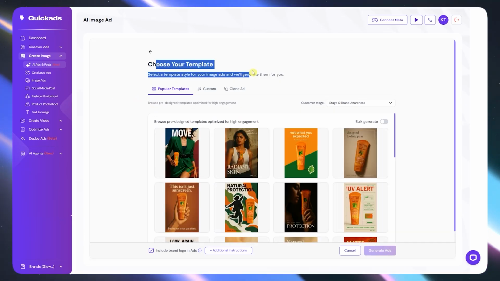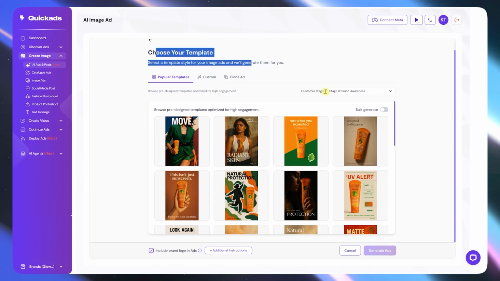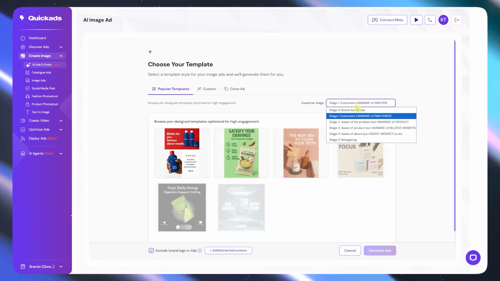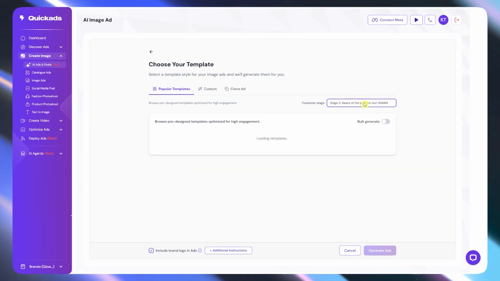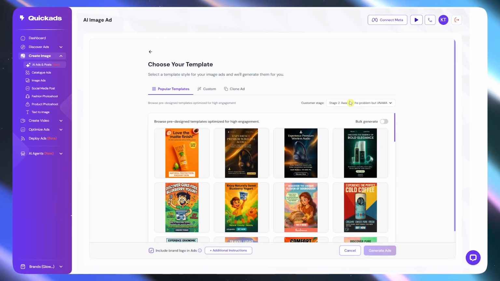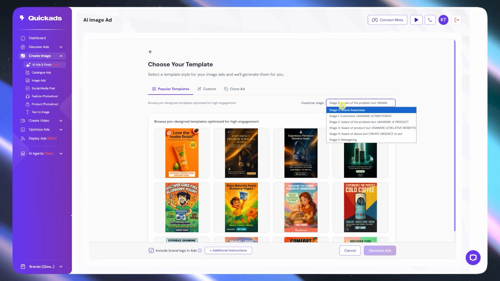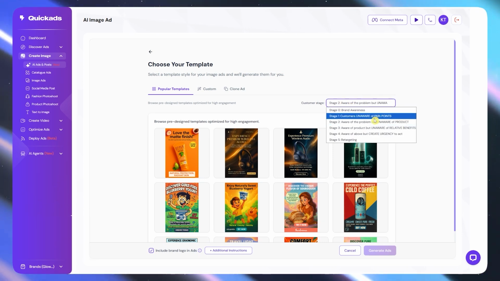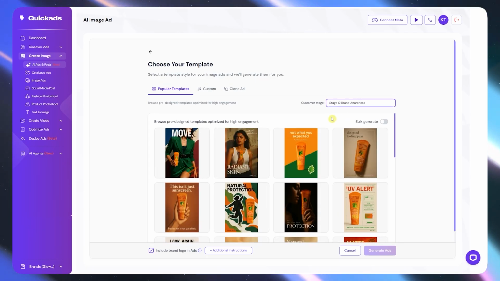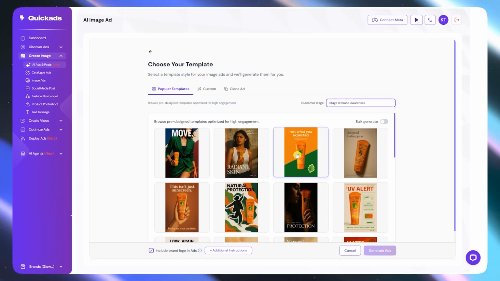And then from here, we can now choose the template. So you can go for the customer stage right here again. You can choose one on where you'd want to apply this. And yeah, basically you could go here into the stages. So in my case, I'll just go here into brand awareness. And then I'm just going to go for this one, for example,